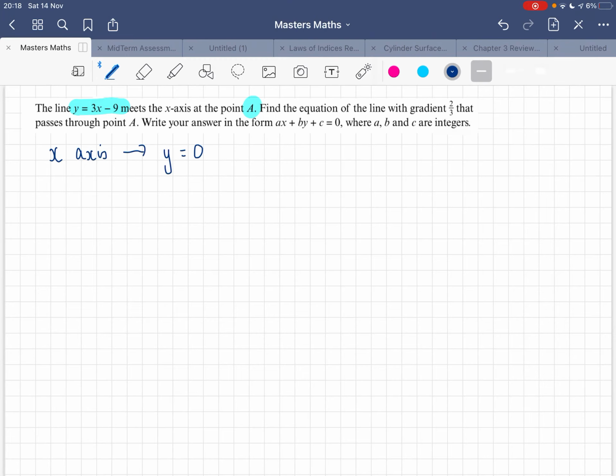So put that into the equation. So I have 0 is equal to 3x minus 9. I'm going to add the 9 over. So I get 9 is 3x. And then I'm going to divide by 3. So x equals 3. I know my y coordinate is 0. So the point A